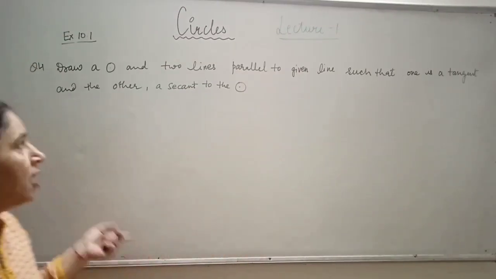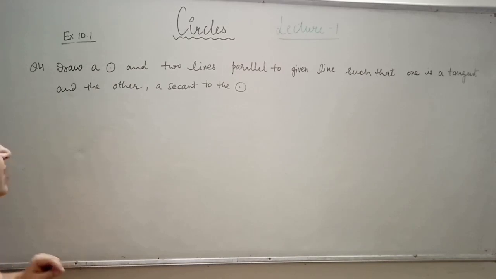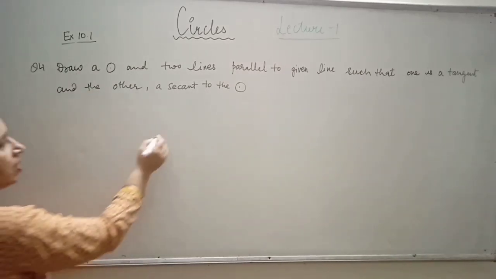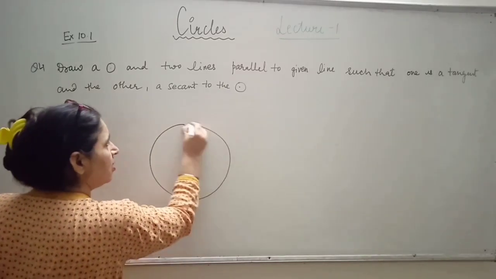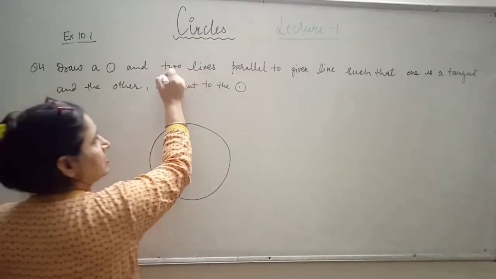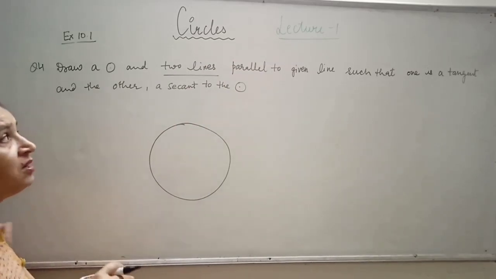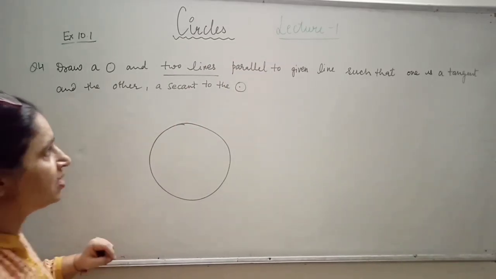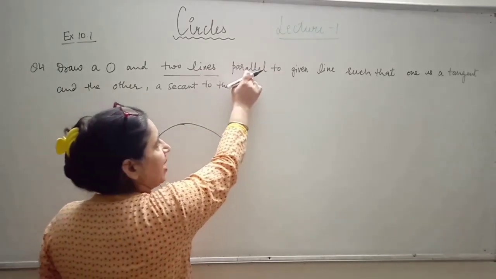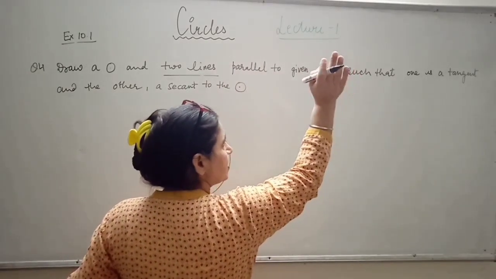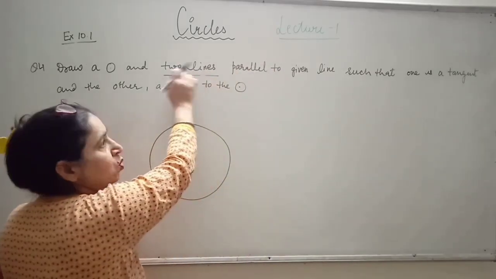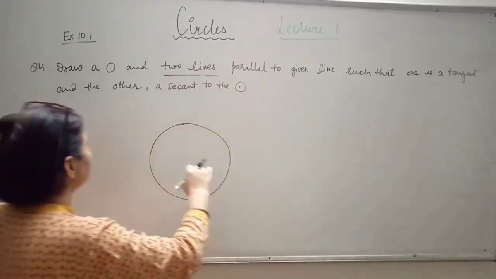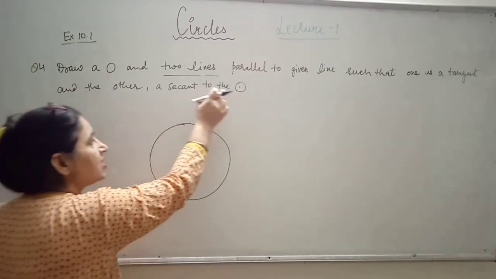Before third question, I am taking fourth question. What is in this question? Draw a circle. एक circle draw करना है. Okay. I have drawn this circle. Then 2 lines. 2 lines you are to draw. And condition is also given to draw these lines. What is that condition? Keep these 2 lines parallel to the given line, such that out of these 2 lines which you have to draw, one is the tangent and the other is a secant to the circle.